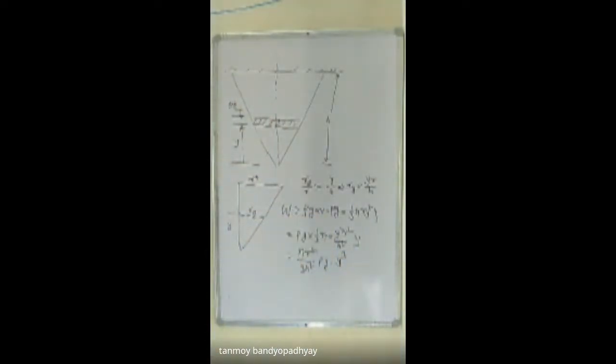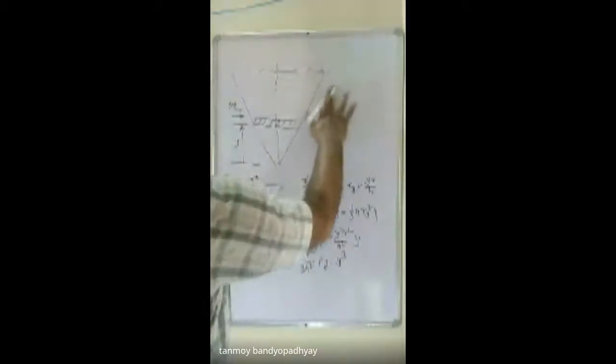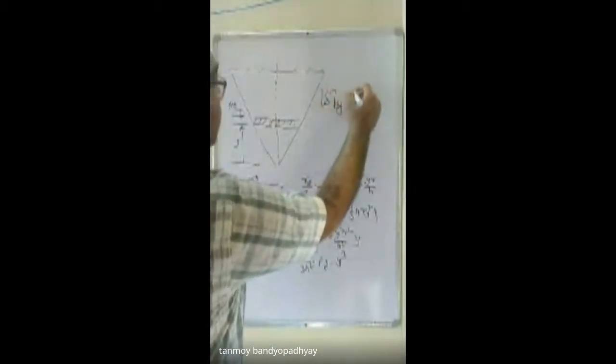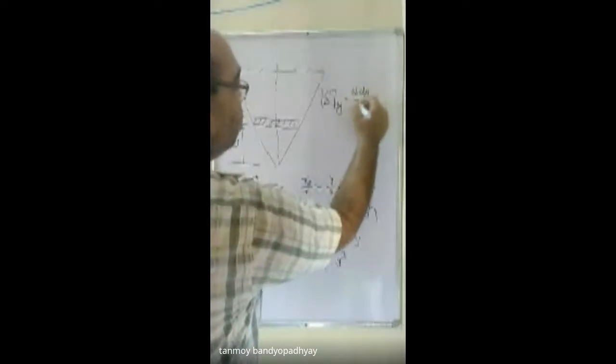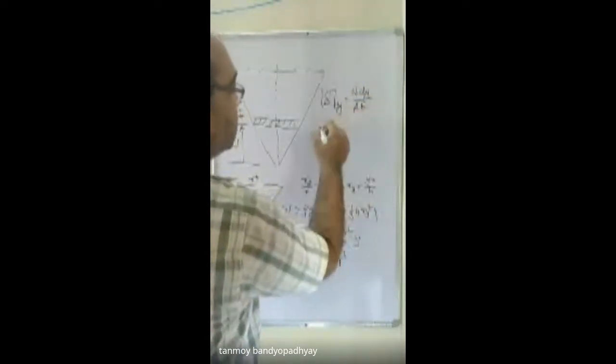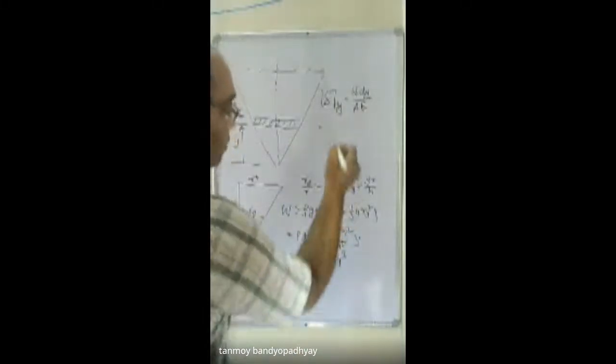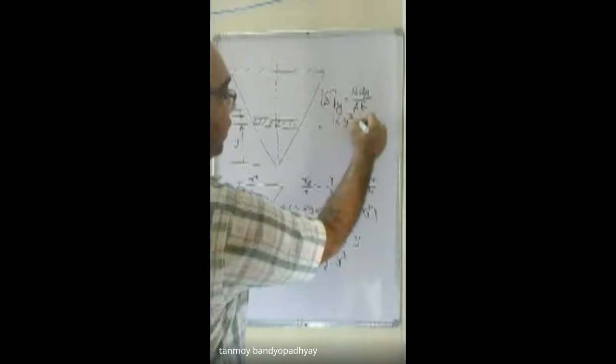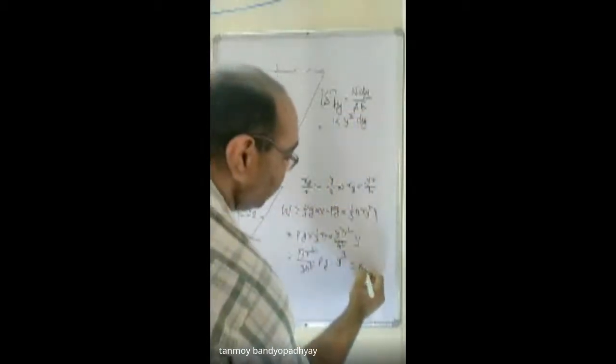And now you apply, so what will be the deflection in the portion dy? If I call it delta, then delta in the portion dy will be equal to w into dy divided by A E. So w is this one. Everything we call it k, so k into y cube into dy.